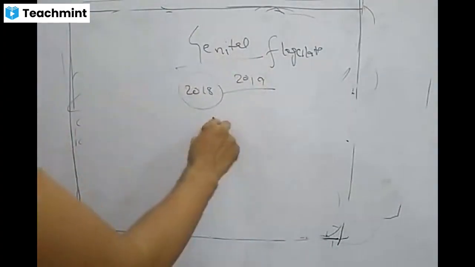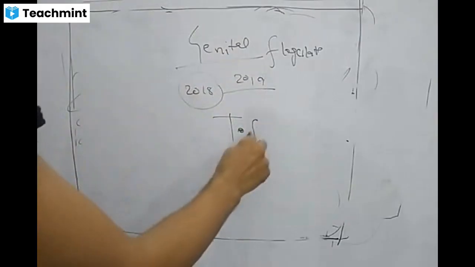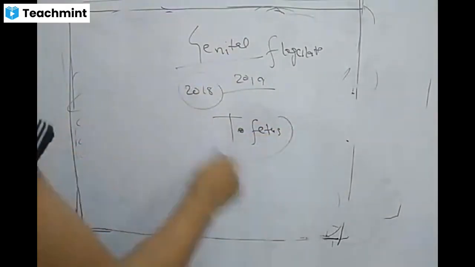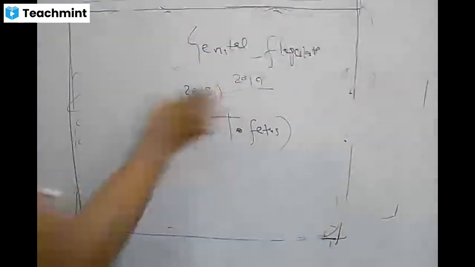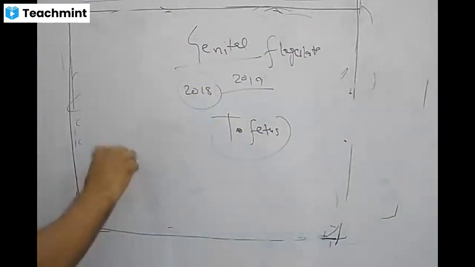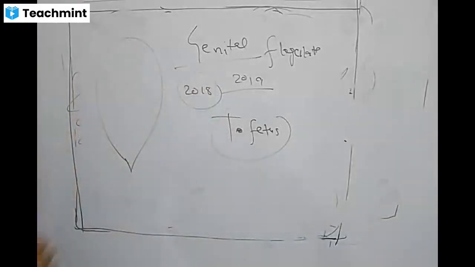So this genital flagellate is nothing but your Trichomonas foetus. This is the T. foetus. In 2018, they asked one MCQ about the morphology, that is pear shaped. The morphology is pear shaped. This Trichomonas foetus,